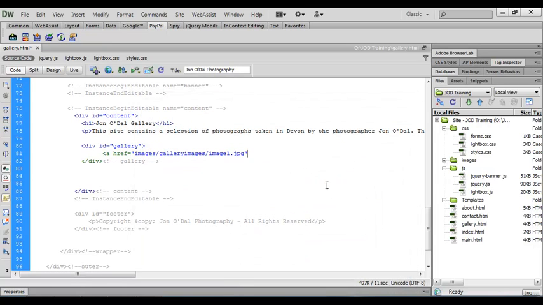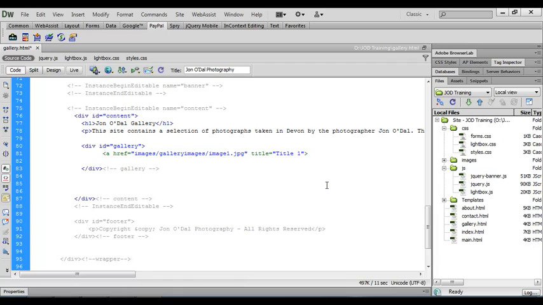And we're also going to have a title included in that lightbox. So we'll type title, and we'll just put some placeholder text there for a second, and we'll call it title 1. Now we'll put the closing angle bracket for the A tag, and then we'll start a new line of code. And in here we need the source for the image. So this is going to be the exact same process that we just used for the href, but this will actually identify the source. So we'll open an image tag,